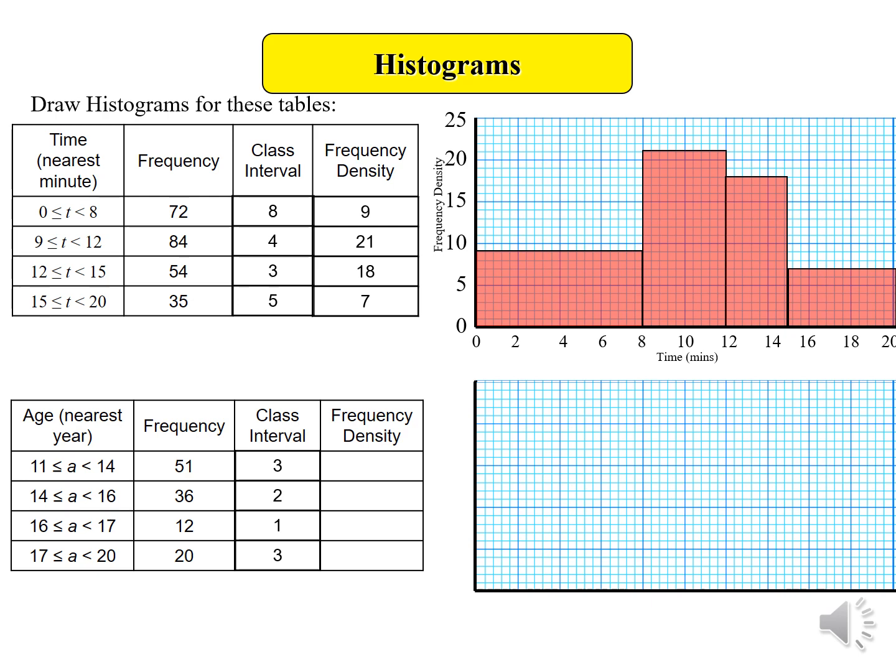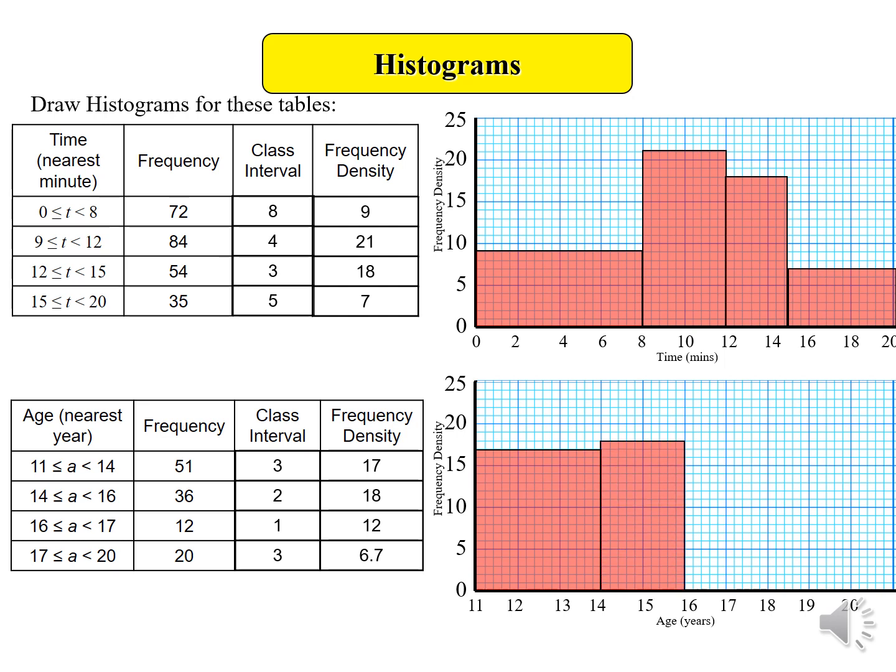Go for the next one. Class intervals have been calculated. As per class intervals and frequency given, we can define the frequency density. It will be 51 divided by 3, 36 divided by 2, 12 divided by 1, 20 divided by 3, like that. And the histogram is made like this. The height of each bar is proportionate or equivalent to the frequency density, where width of